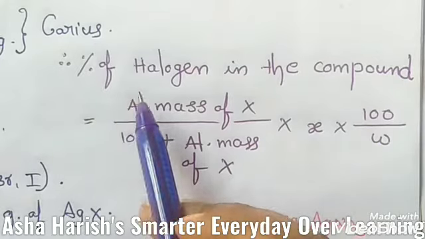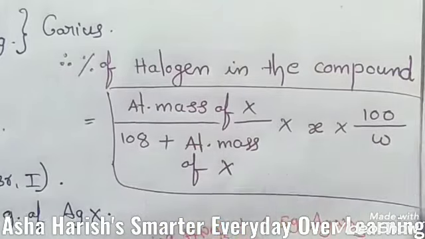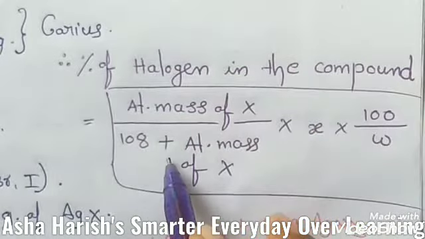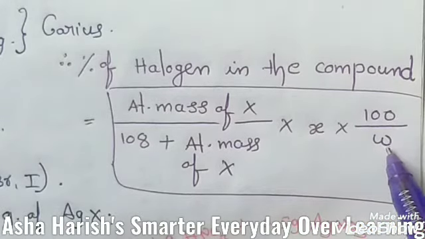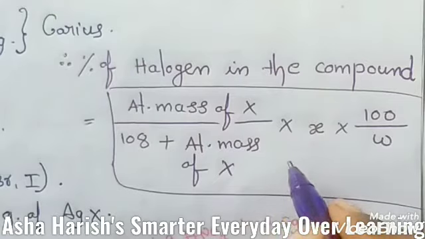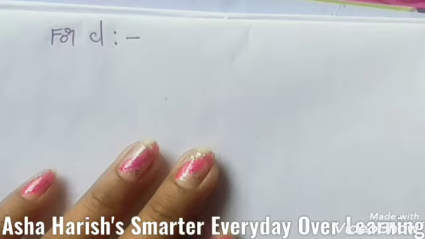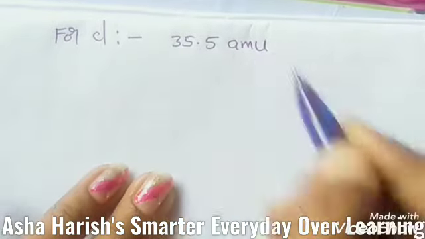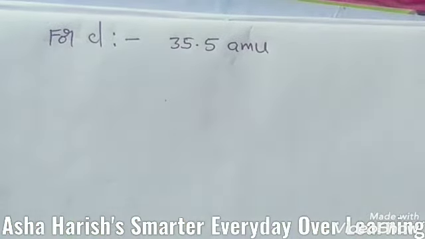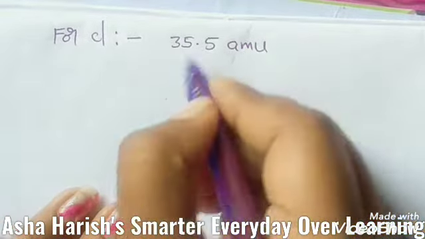Now the formula for the percentage of halogen in the compound is atomic mass of X by 108 plus atomic mass of X into small x into 100 by weight. Thus for chlorine, as the atomic mass of chlorine is 35.5 atomic mass unit, AMU. Now basing upon that formula, the percentage of chlorine in the compound should be